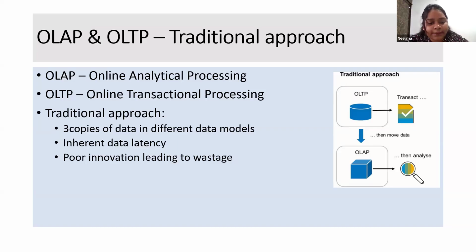Now, OLAP, on the other hand, is used for analysis and reporting. So whatever transactions we are posting in the system, all those transactions related to purchases, related to sales, what the incomes are, what the expenses are, what the profits are, what the losses are, what the costs occurred in the system, all this analysis will be done, and according to whatever reports we want, we can extract the reports. Analysis and reporting will be done in OLAP, which helps management to analyze the data, generate the reports,